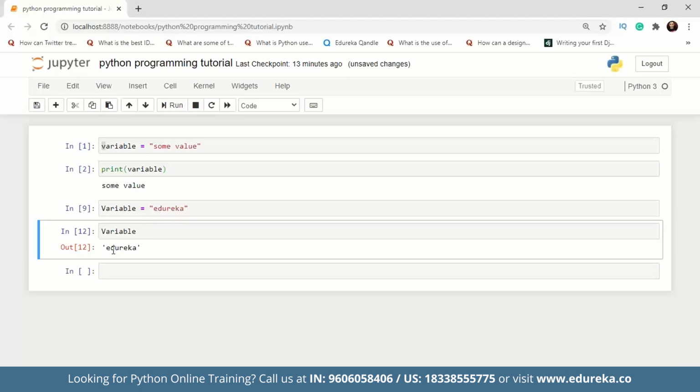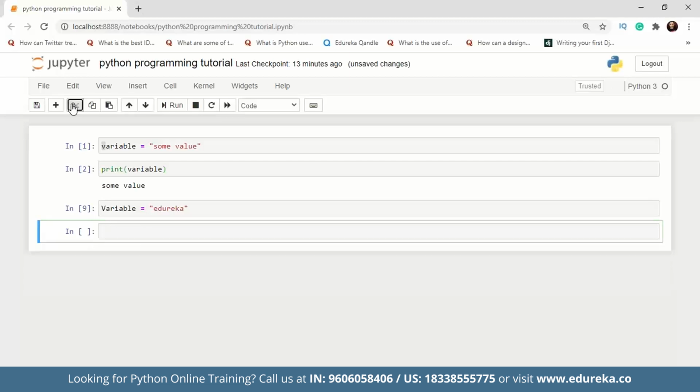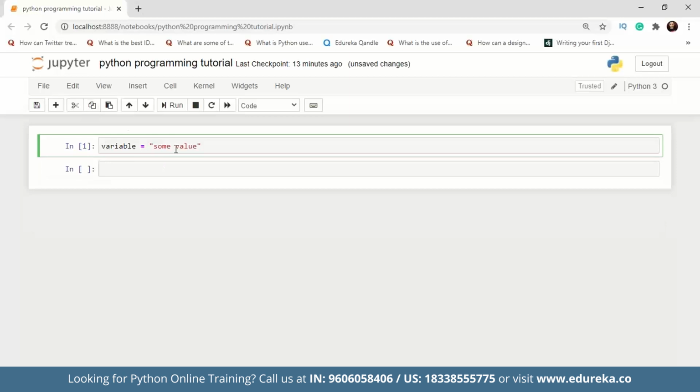So this also you should always remember, because while declaring a variable, sometimes you might miss certain points. Let's say you start with an uppercase letter, and then when you're calling that variable, you might not remember that you declared the variable with an uppercase or lowercase letter. That you should always keep in mind while writing the code.